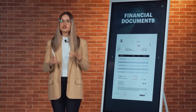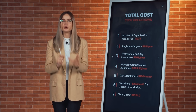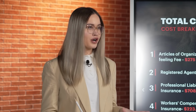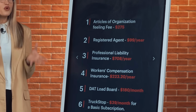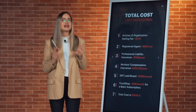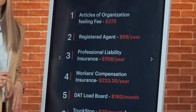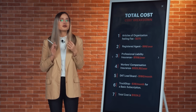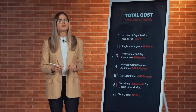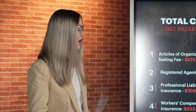And we can finally get to our bonus. We promised to show you the full estimated price you will need to have in mind when registering your business and a breakdown of all the costs. And here it is. For the articles of organization, we chose the average price, since it's so different in every state. Then we chose the biggest price for the registered agent, which is $99 per year, but it can also be $0 if you already have an agent. And the other prices are all as mentioned before, which got us to a total cost of